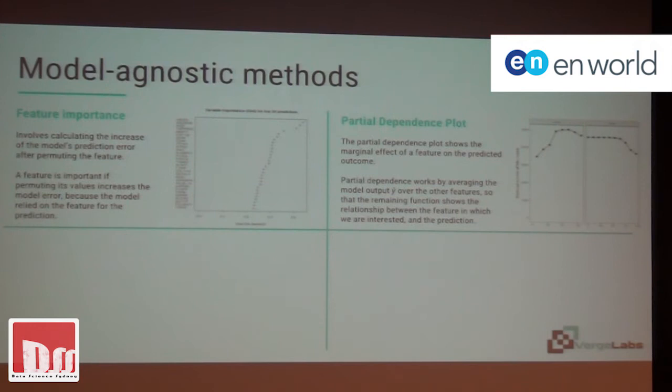Partial dependence plot. A lot of you who've worked with neural networks would have seen this kind of thing before. Think of a partial derivative. It shows you what happens when you change just the one feature and hold the others the same. What this plot will do is average that over the entire set. So it kind of gives you one relationship between that feature and the predictor.